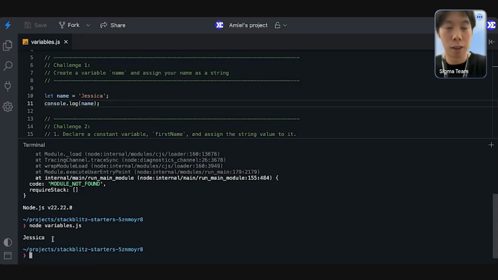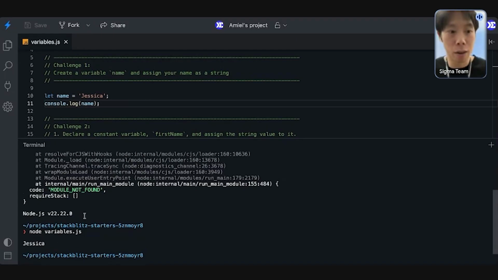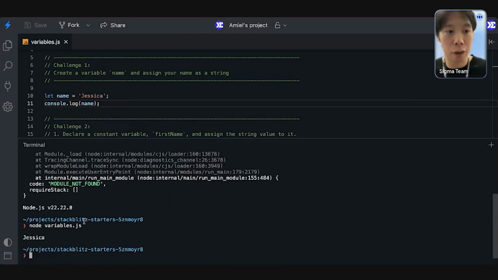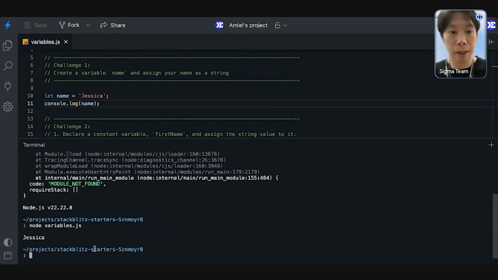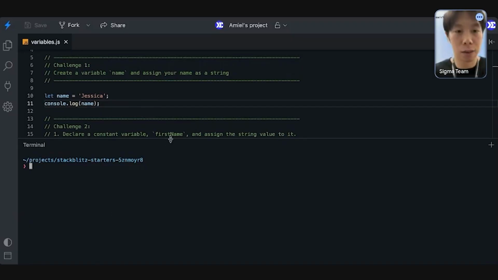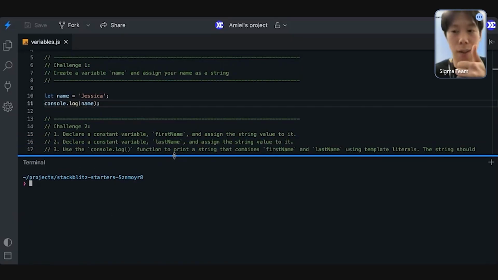So as you can see, if you type the wrong name and that file doesn't exist, then there will be an error. So you just double check what you're typing in. The one that I got an error on is because I typed in variable.js, but our file is actually variables with an S. So that's why it's giving me an error, right? So once I type in the correct name, and now Jessica comes up, that means my code is actually good. So challenge 1 done, right?